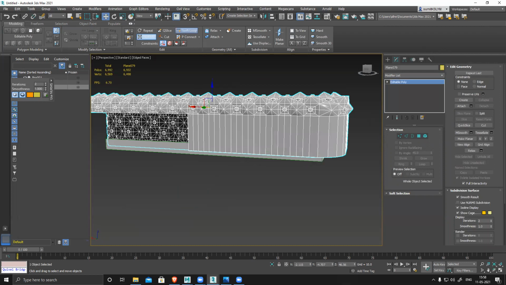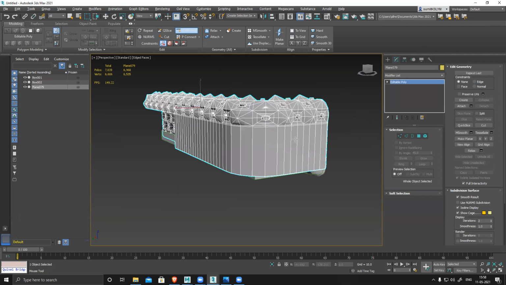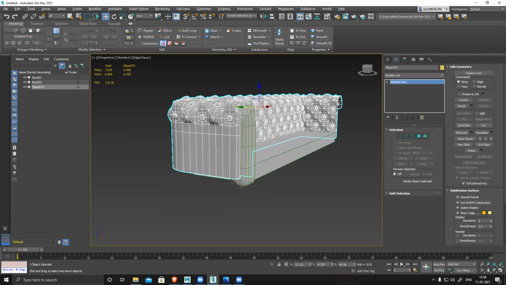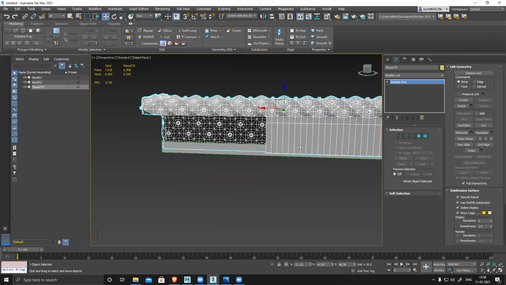shift loop, and you can see apply one loop here to hold the shape. Whenever if you want to hold any shape, you need to have three loops there. So inside we have loops already, outside we have three loops. If I apply this now, it will hold this shape.